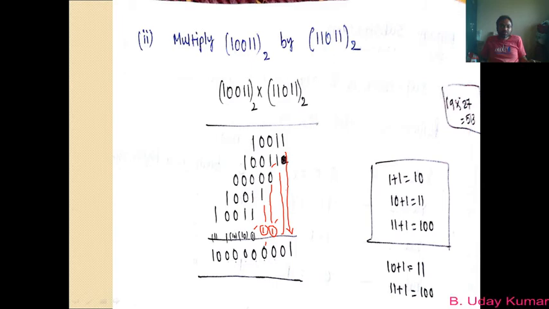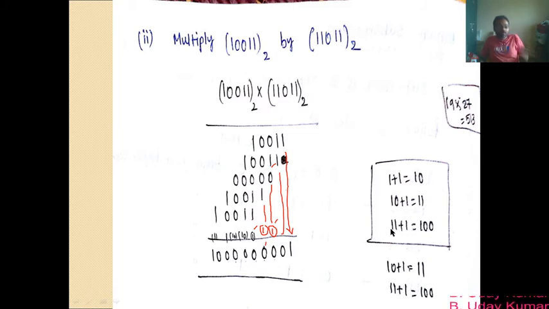Now coming to the fifth column, we have 1, another 1, a third one, and a fourth one. So we have 4 ones in the fifth column. What do you get when you add 4 ones? That is important. To understand it, just come to this box. You know that 1 plus 1 is 10. So when you add 2 ones, you get 10. When you add one more 1 to 10, you get 11. And when you add 1 to 11, you get 100. You know these things, right? When 11 is added to 1, 1 plus 1 is 10.